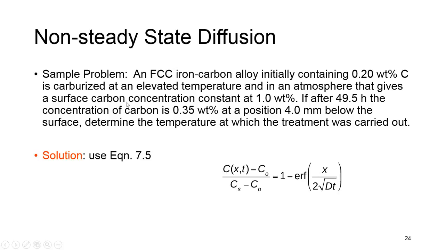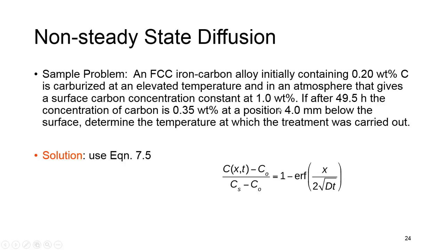It says the surface carbon concentration is constant at 1 weight percent, so the value of CS, the surface concentration, is 1. If after 49.5 hours, the concentration of carbon is 0.35 weight percent, so 0.35 weight percent here is the concentration at point